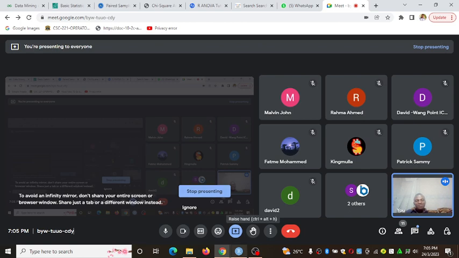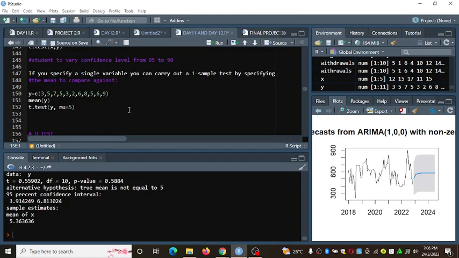Rama, can you conclude for us this one here? I think the conclusion is we fail to reject, or we accept the null hypothesis. No, we don't accept. Never use the word accept in statistics. Remember, we are just estimating. We are not estimating at 100%, we are at 95%. So we don't accept, we just conclude.